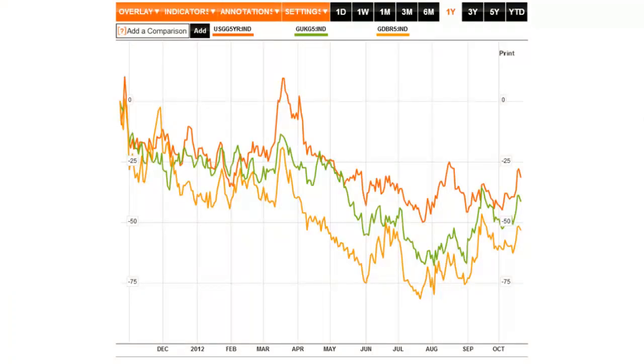Now what I want to draw your attention to real quick is the darker orange color, and I can't pick the colors, it just does it by default. But if you look at how in March, April, the U.S. Treasury was able to make a higher high in yield. In other words, it would have gone lower on the T-note. The green level yield, that's the UK, was able to make a modestly lower high in comparison to the highs made in the US.